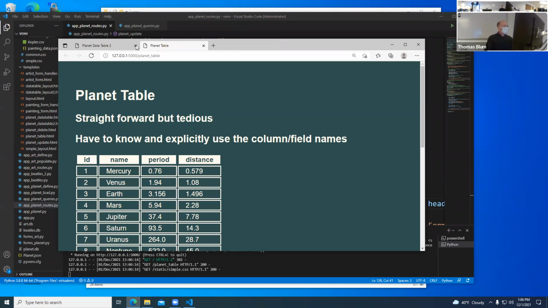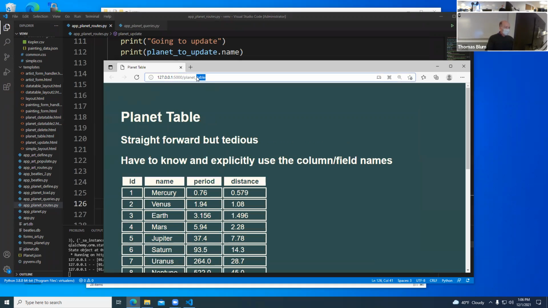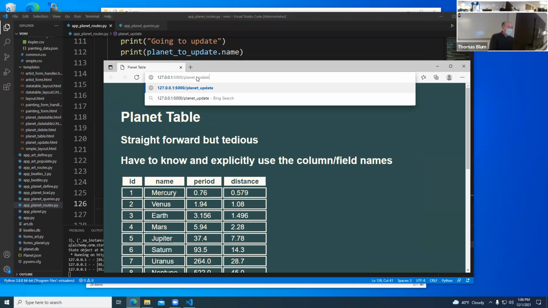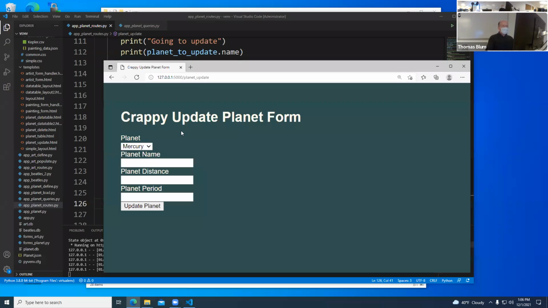So we go first to the table. The new route is update. Here's the update. I decide to choose one of the planets. I'll do Mars, and I'll call it, I don't know, the red planet.